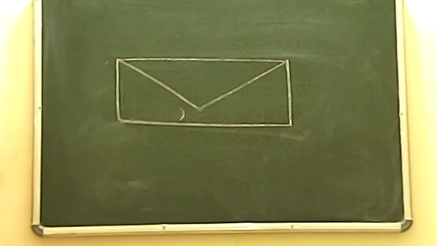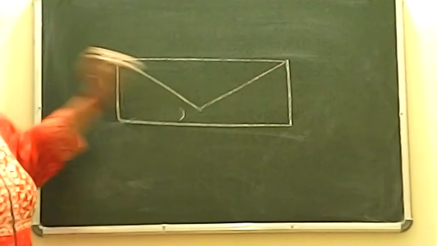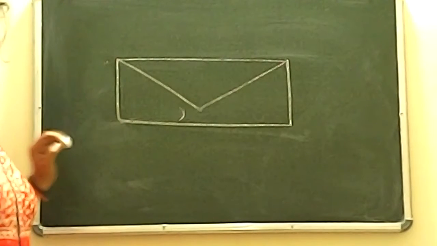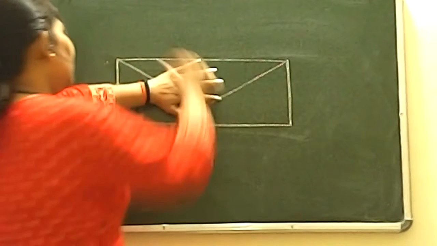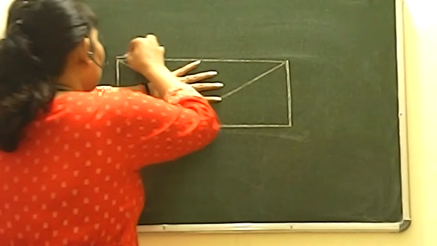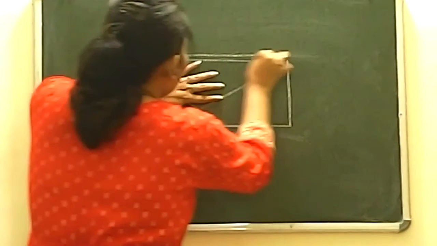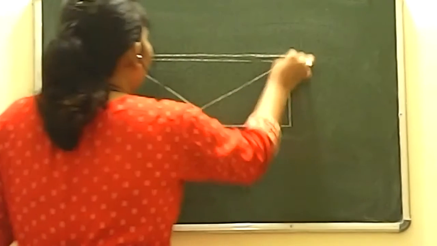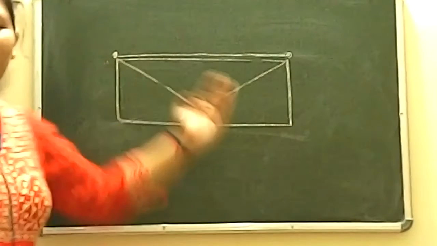What I will do, I will keep this wallet on my fair copy, on any of the copies. I will take the help of a pencil and I will measure a line segment by taking this. Okay, and then I will put a point on both the ends,